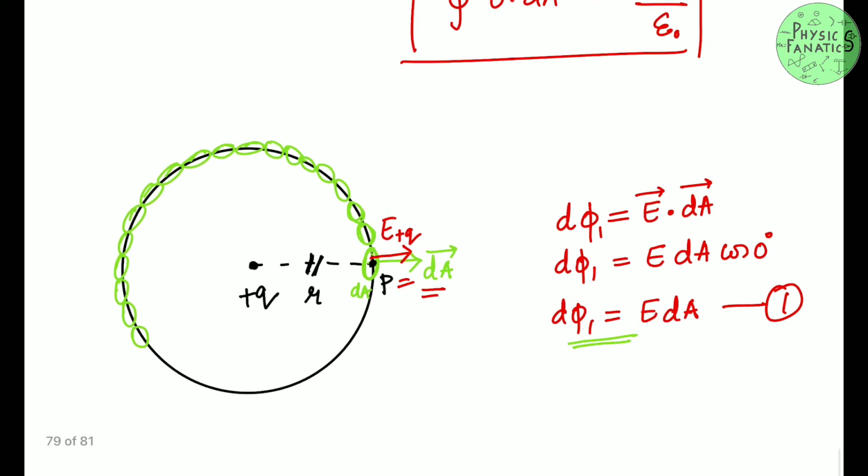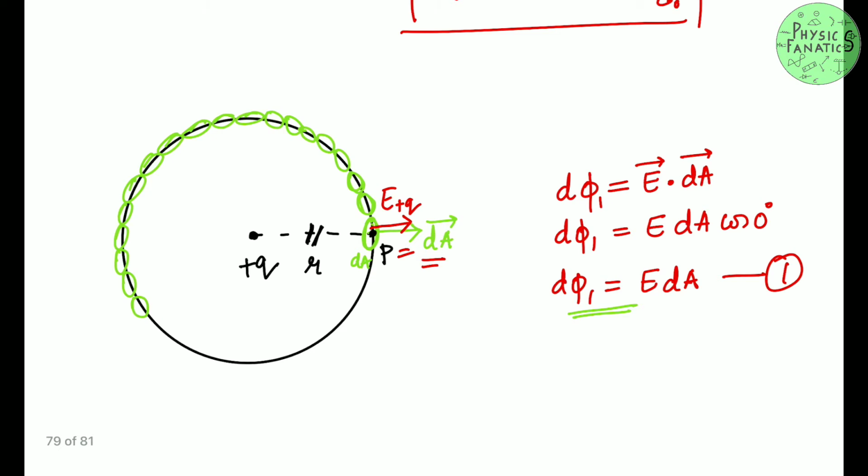So there is actually a simple way. All you have to do is integrate over the entire area. That's how you can find out the net flux. I hope you guys can see that. All I can do is integrate over the entire area vector, and that's how I can find out the net flux that is passing through the entire sphere. So what I will do,